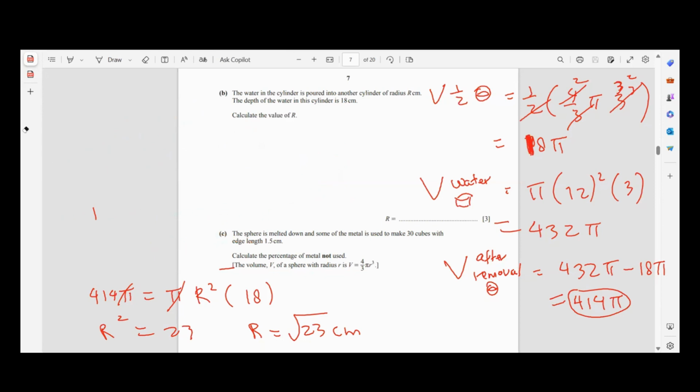The sphere volume is twice of this 18 pi. So volume of sphere equals 2 times 18 pi, so it should be 36 pi. And then it says you want to make 30 cubes. So the cube has this. So volume of the 1 cube, it should be 1.5 cubed. So we shall get 1.5 cubed,